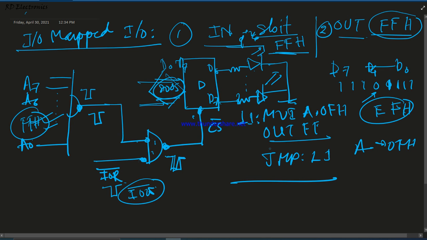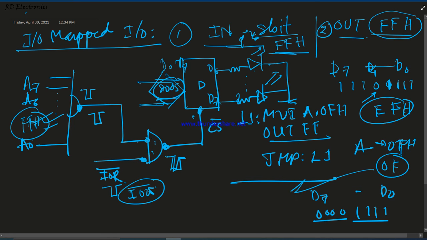So what is the status of this program? After executing this program, we see that of the 8 LEDs D7 to D0, only the lower 4 LEDs are glowing and the higher 4 LEDs are in the off state. Why? Because the data in the accumulator is 0F.